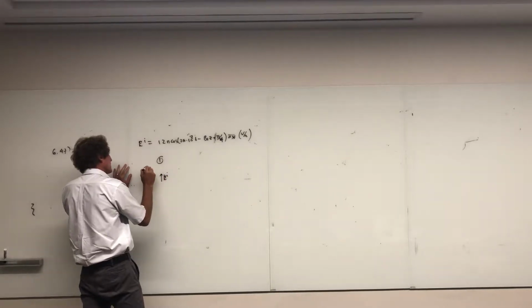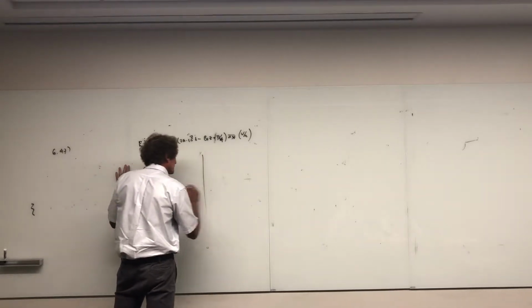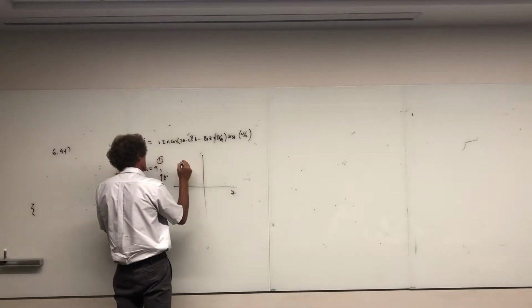So this is ε_r equals 9? Yes, sir. Okay. At z less than 0, there is a medium, and for z greater than 0 there is a medium with